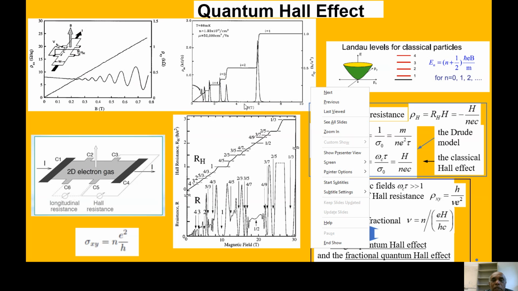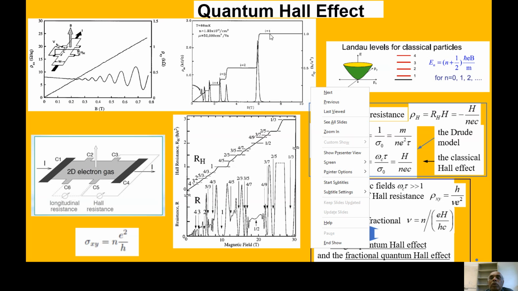Whenever rho xx becomes 0, rho xy, which is supposed to be a straight line, shows a nice plateau. So every time rho xx becomes 0, rho xy shows a plateau. So this is the quantum Hall effect. So starting from this, if you measure in units of e squared over h,